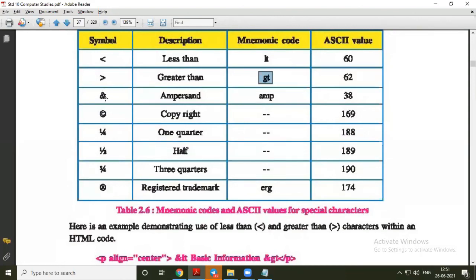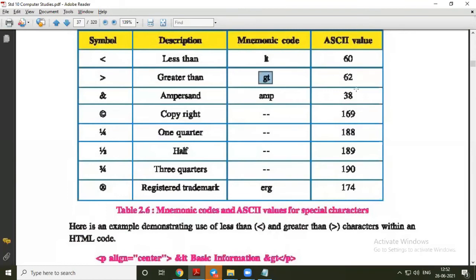When you learn C language in the second part, you will study it extensively. And this is the ASCII value. So what is the ASCII value? This is called American Standard Code for Information Interchange. Each key of your keyboard is assigned an ASCII value.